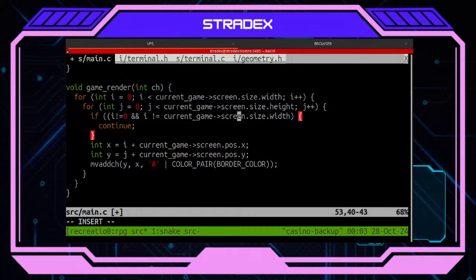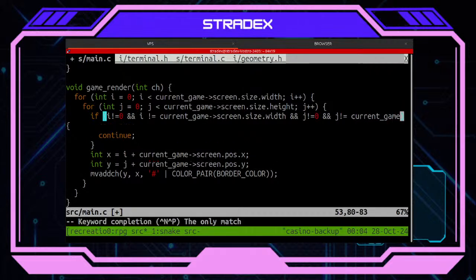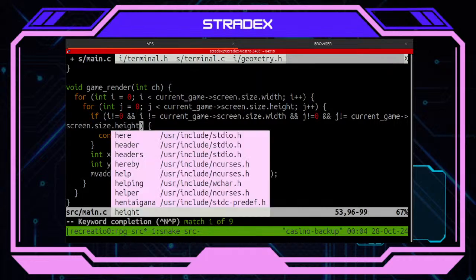Well, actually, more easily, or if J is different to 0 and... okay, let me check.